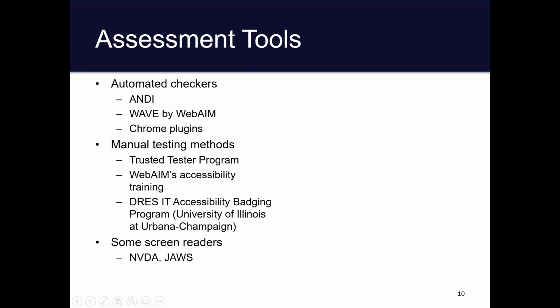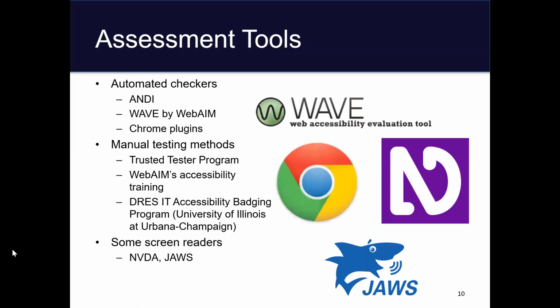So there are a lot of ways that you can assess a website's accessibility. Automated checkers unearth general issues on a site. Some checkers are free, like Andy by the Social Security Administration, while others require a subscription. Automated checkers only touch the surface of compliance testing though, and they have to be supplemented by manual testing.